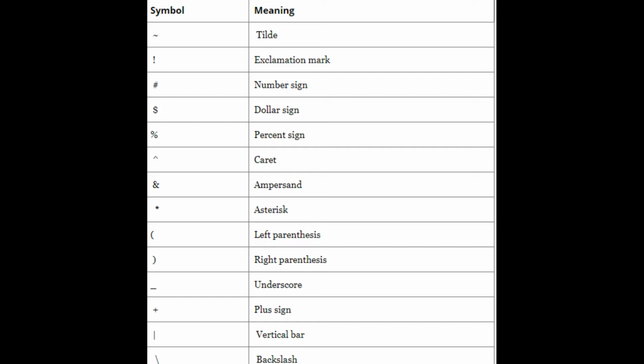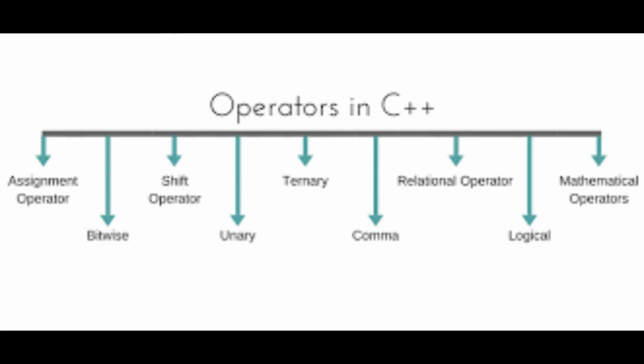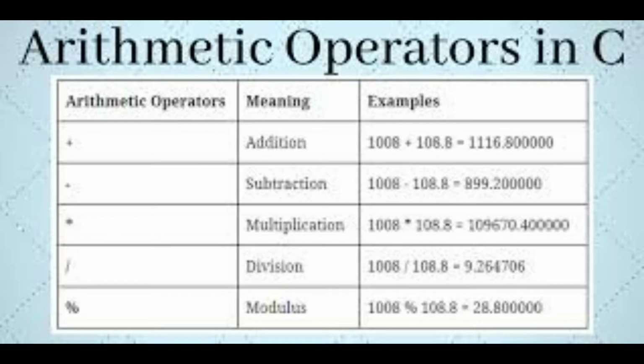And next one is logical operator. So symbolic representation is and, exclamation mark, equals to, a and b. So these are the examples of it. And next one is increment decrement operator. The symbolic representation of it is plus plus and minus minus. Example is a plus plus, a minus minus. And next one is assignment operator, that is equal symbol. So here you can see example of it, a plus equals to b and a equals to a plus b. So this is the example of it.